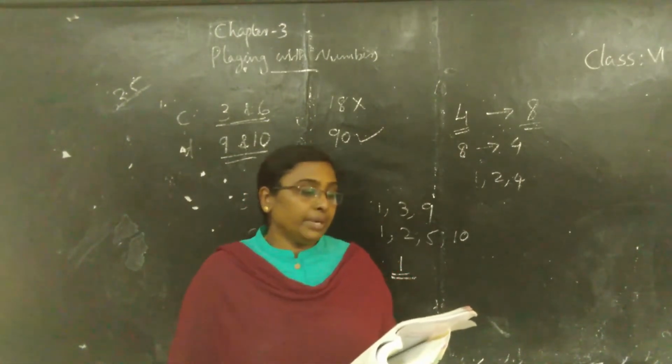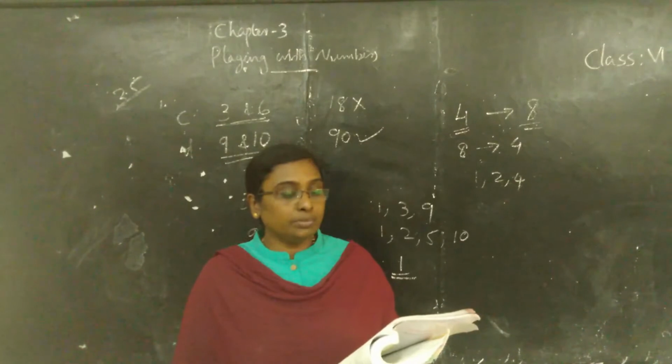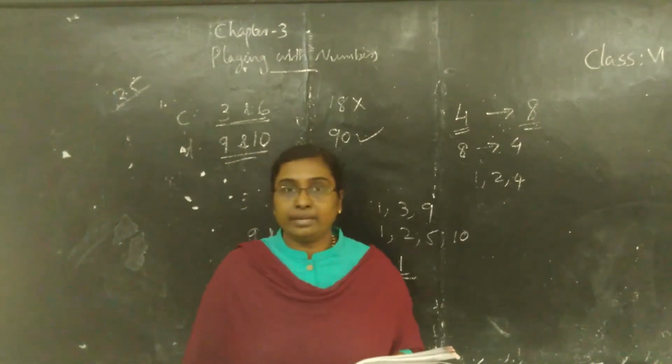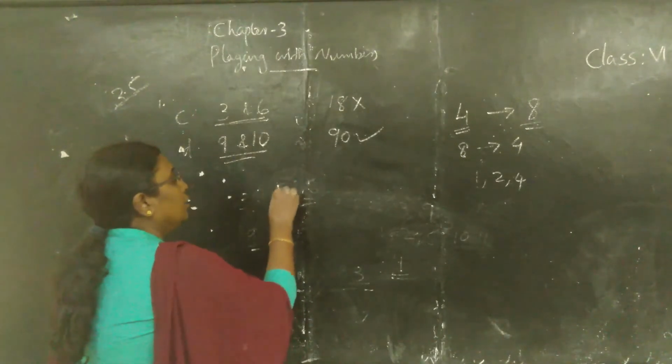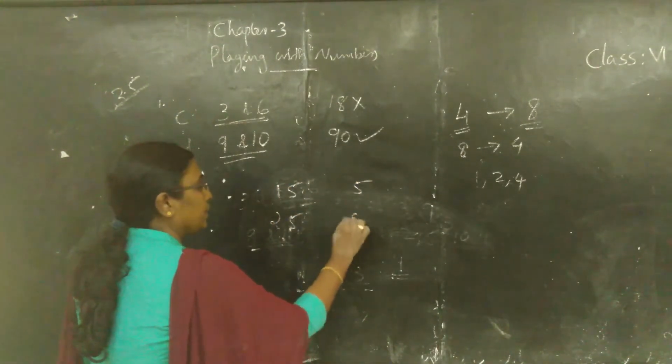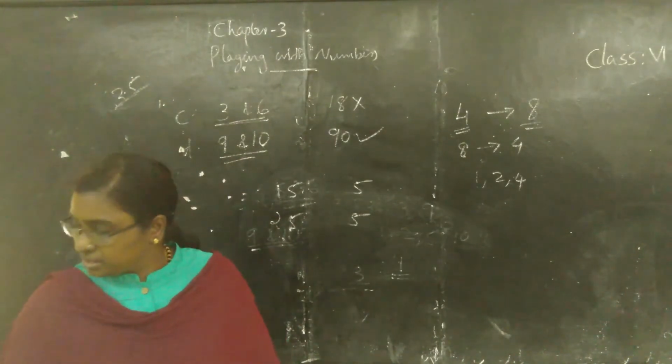Then, if a number exactly divides the sum of two numbers, it must exactly divide the two numbers separately. That is, 15 divides 5 and 25 divides 5. This is the statement H.